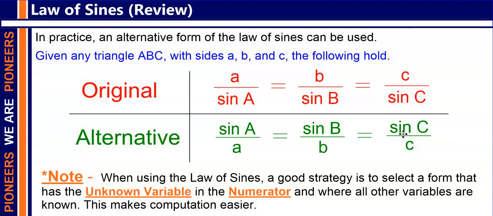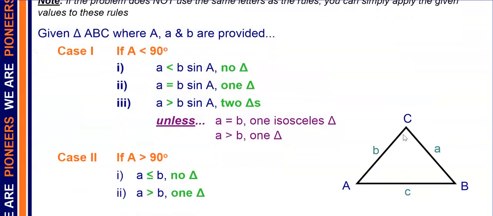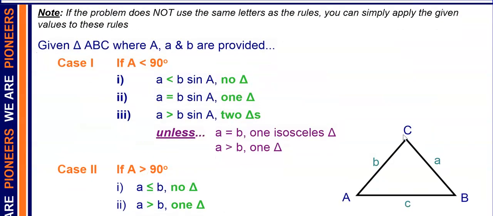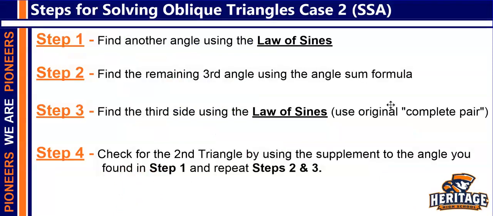everything else around that. So here are the rules again, all put together, where you can determine whether you have no triangles, one triangle, or two triangles based on the information given to you on the angle, its opposite side, and the other side. So go ahead and check out the other video again if you haven't seen that about the rules themselves. But as I mentioned at the end of that video,